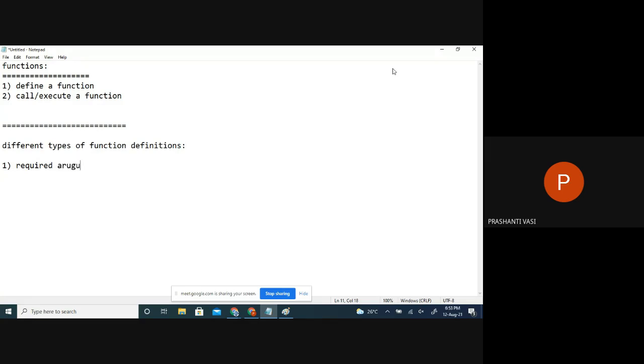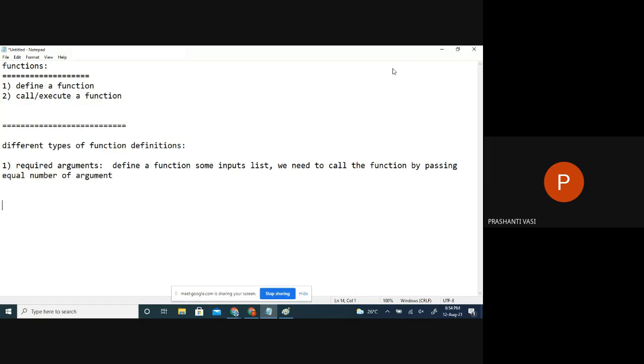The main concept is that when you define a function with some inputs list, we need to call the function with an equal number of values, or arguments.